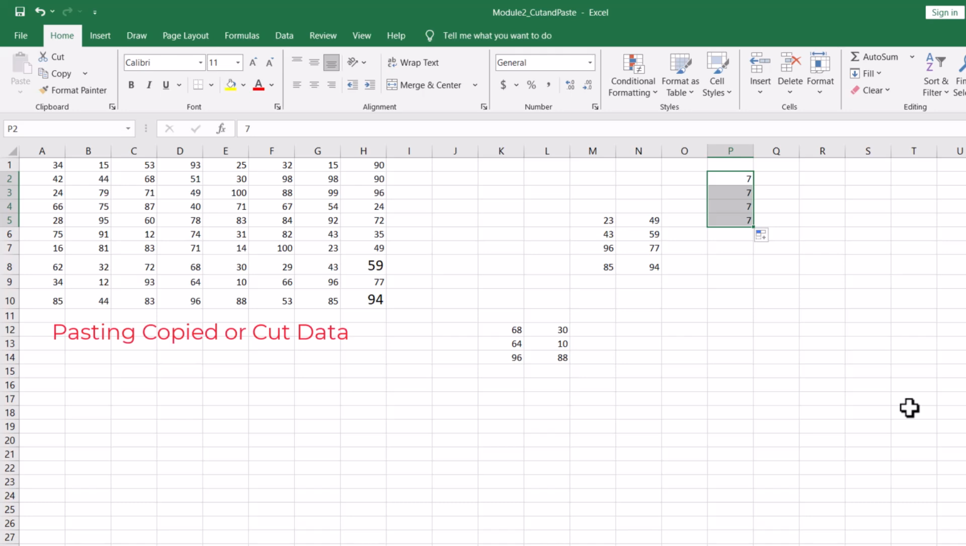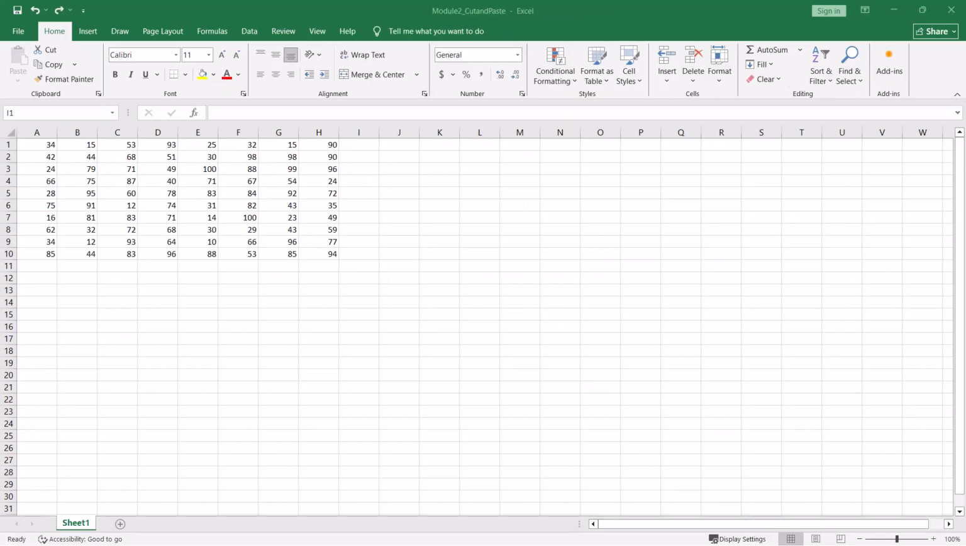Let's move into pasting our copied or cut data. There are several methods you can use to paste copied or cut data. After selecting the cell where you want to paste that data, I'm going to select the cell here with 94, or H10,